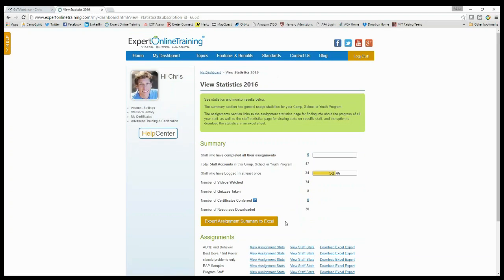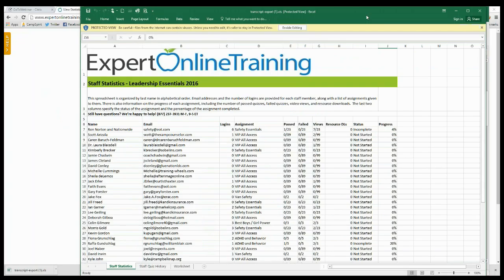But what you're going to want to do now is export the assignment summary to Excel. So back on the View Statistics main page, see the button here that allows me to export statistics to an Excel spreadsheet. And most people have Excel, but you can pretty much do any comma delimited file. Once you've clicked on that, you'll notice in the lower left-hand corner of most machines, if you're using a PC or a Mac, there it is going to pop up and show you that Expert Online Training, Staff Statistics,